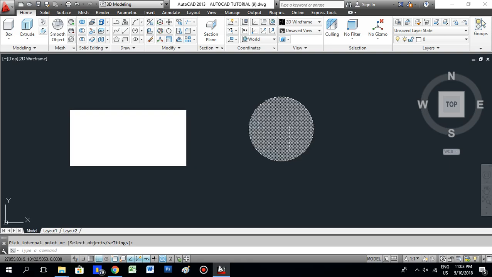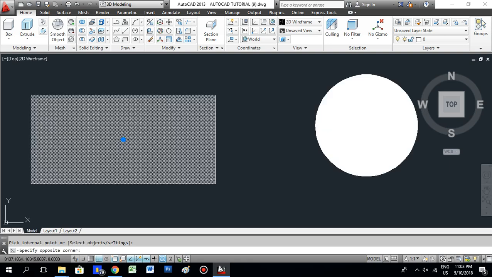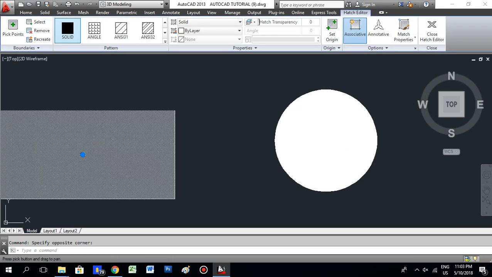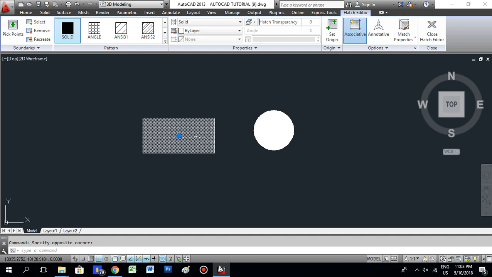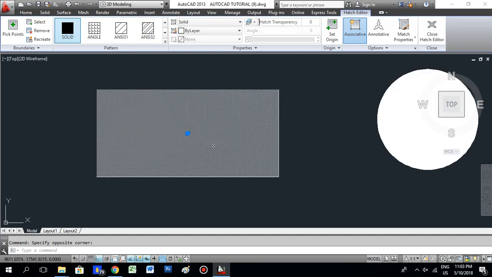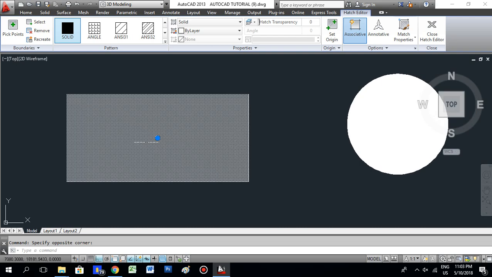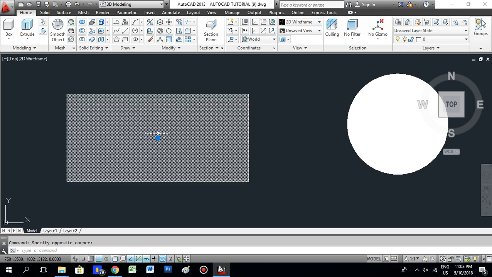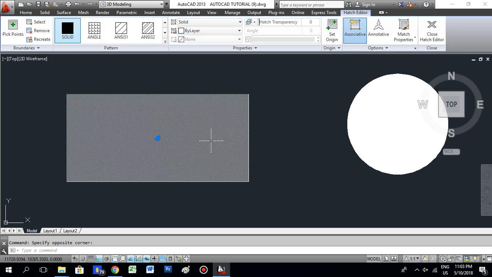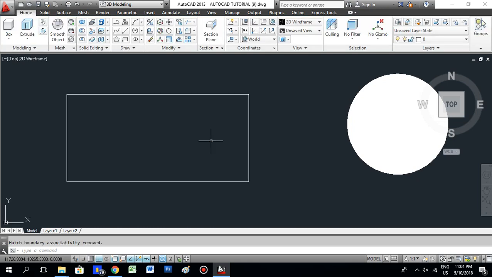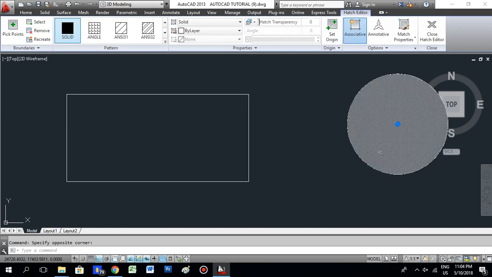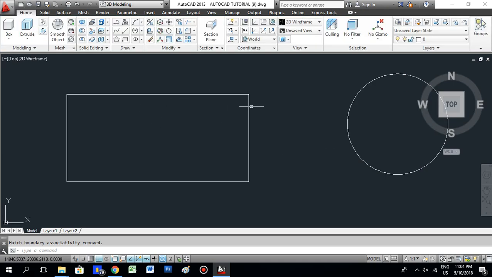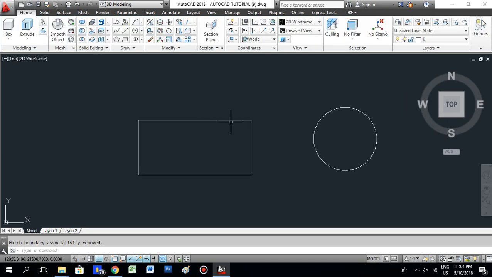Okay, this is solid hatch, and you can also use the other types of hatch. If you don't want the hatch, you can just select the hatch and delete it. For example, I have selected this hatch. If you just click on the hatch, it will be selected, and you just press the delete key, then it will be deleted. Similarly for this also, and it's deleted. Now we are going to give a different hatching,